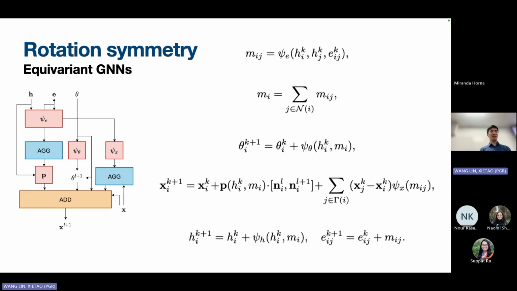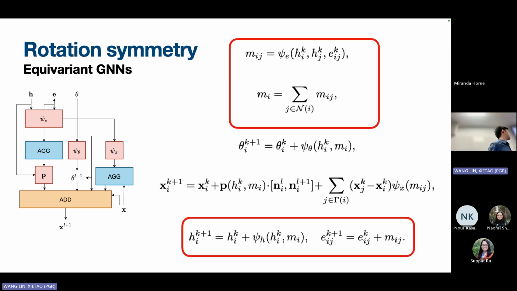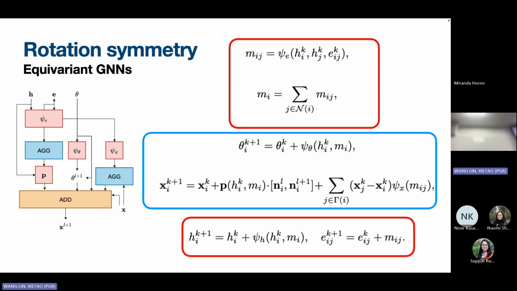The way to do this is that instead of passing the coordinates to the neural network, we just don't. So we separate what we call a scalar feature, like the diameter and the orientation, from the coordinates. The scalar features get passed through a standard graph neural network, whereas the vector features like the positions get passed through a custom architecture, looks something like that.